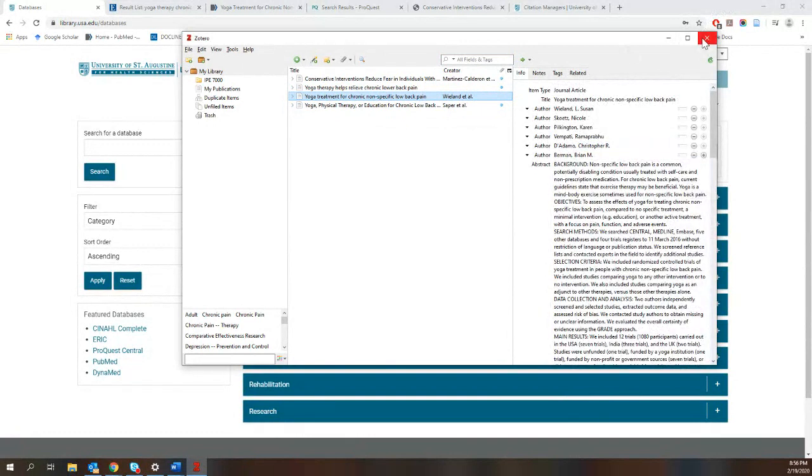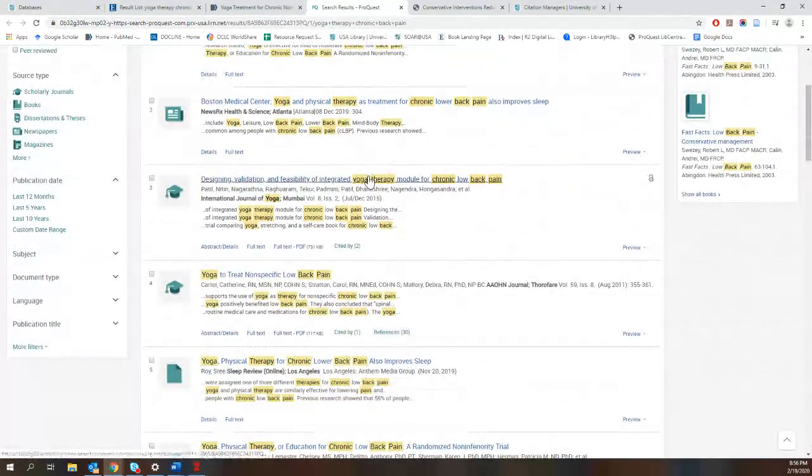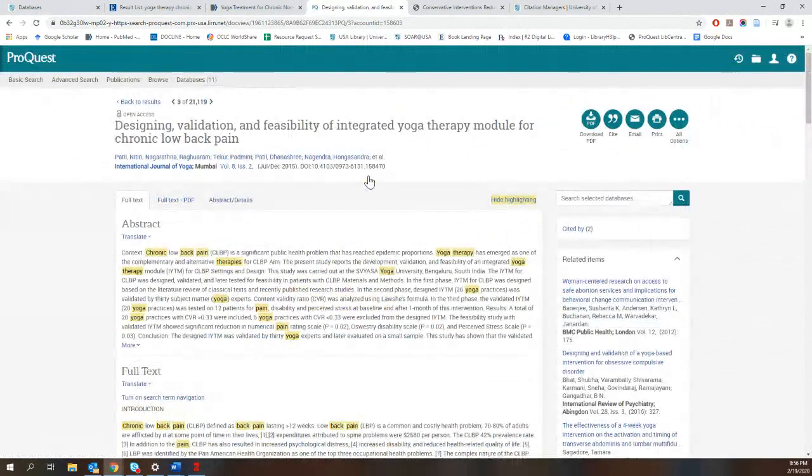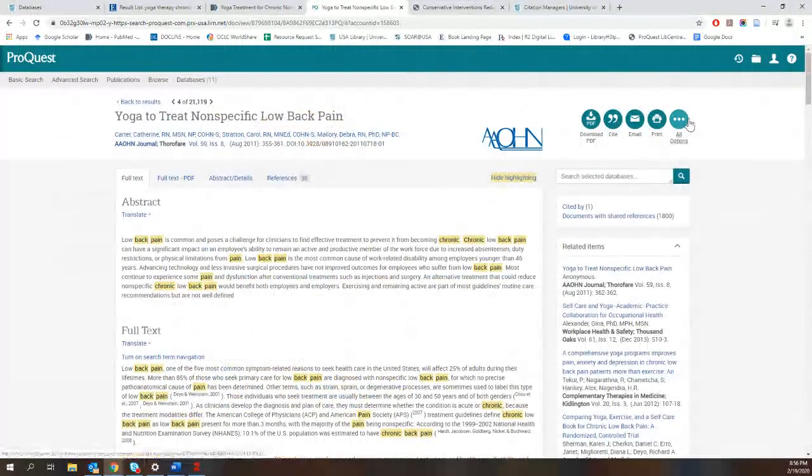The last thing I'll show you as far as transferring information is ProQuest, which is kind of strange today. I was messing with it. ProQuest did an update a few months back, and something was very different about it this time that I never really encountered before. Zotero is working a little differently with ProQuest now, where when you're in ProQuest, it's only identifying ProQuest as a web page, which is unusual. The difference is that when it identifies one of the pages you're on as a web page, it treats it differently. Sometimes it doesn't extract all of the information that it could, because it's in web page mode, which is only